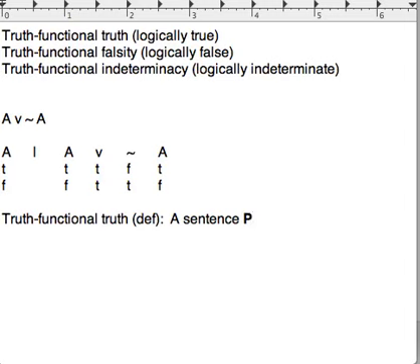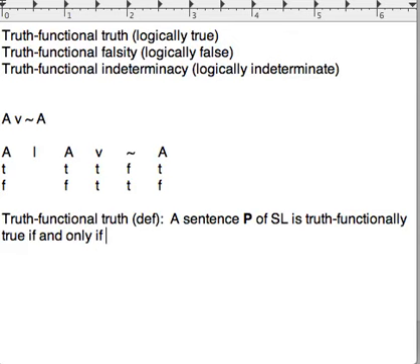P. So notice again that I'm picking a meta variable here, right? P is a meta variable, and it can stand for any sentence, either an atomic sentence or a complex sentence. It doesn't matter. So any sentence P of SL is truth functionally true if and only if P, so whatever sentence you plug into this first P, you're going to use the second sentence, the same sentence in this case, is true on every truth value